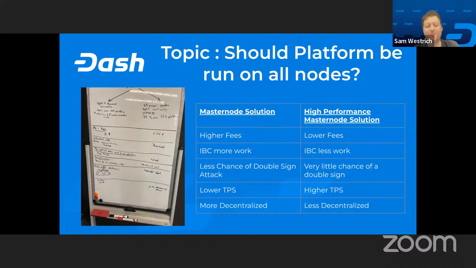We spent some time this week passing it to the research team to get some actual numbers, basically the cost to attack the network in dollars or Dash and things like that. The research team actually already gave that data, but it's been a pretty heavy week, so we haven't brought this conversation up yet. But again, the topic is basically, should platform be run on all nodes or just a subsection of nodes for our MVP release?